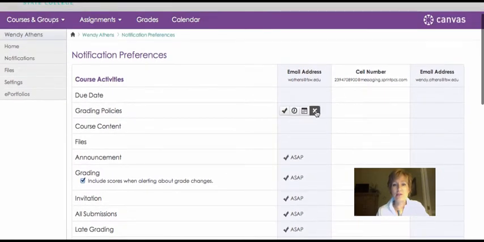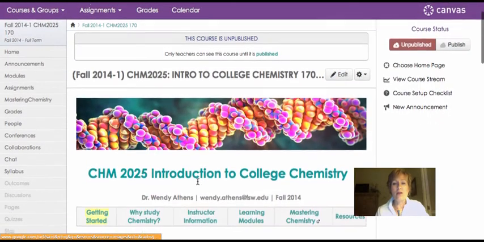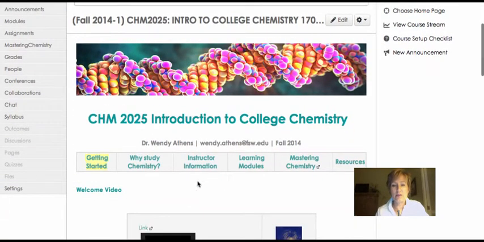So how do you want to receive that? You can set it up to come to your email, you can set it up to come to your phone, you could set it up to come to Twitter, etc. That would be a very important thing to take care of right away. My notifications are such that I instantly receive your emails, or I am alerted when you submit an assignment.